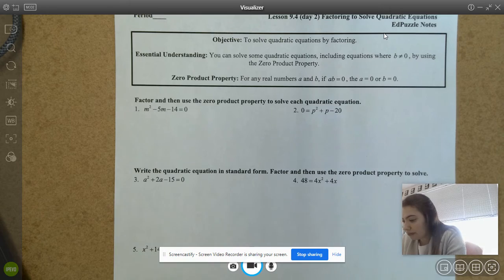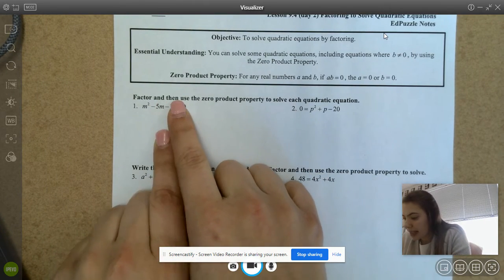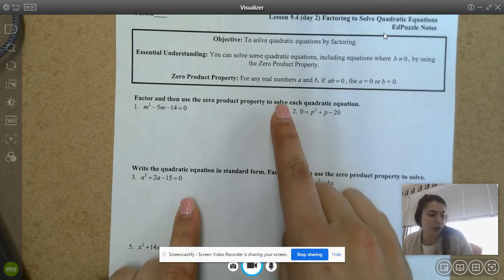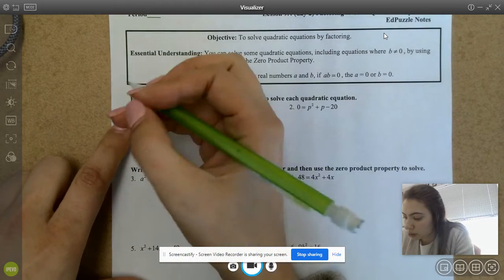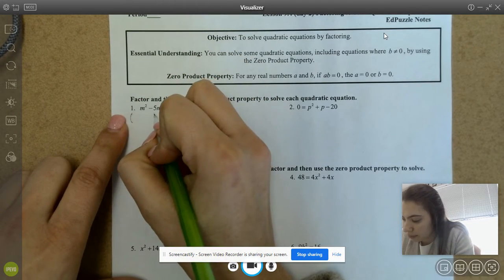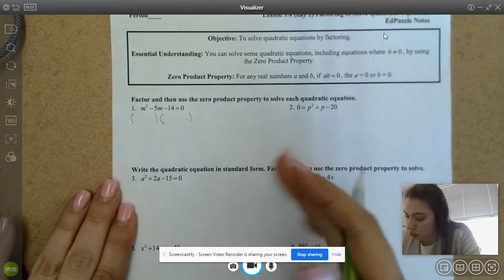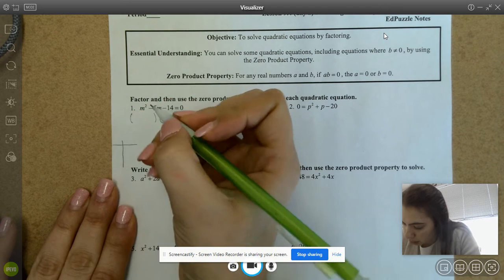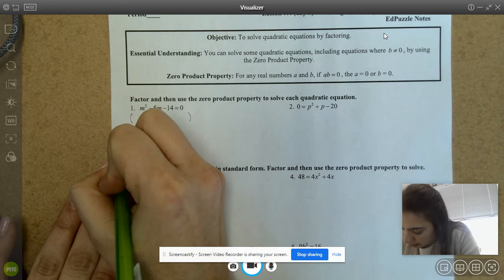So first off, for questions 1 and 2, it's asking us to factor and then use the zero product property to solve each quadratic equation. The first thing that we need to do is find two numbers that multiply to negative 14 and add to negative 5. If we wanted to, we could create some factor charts down below. We can add to negative 5 and we can multiply